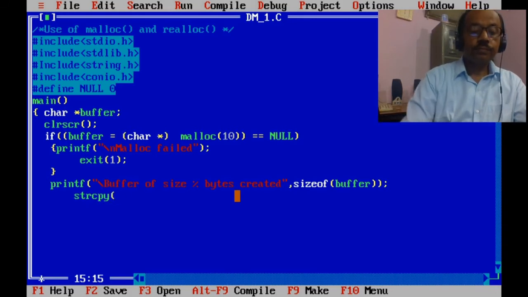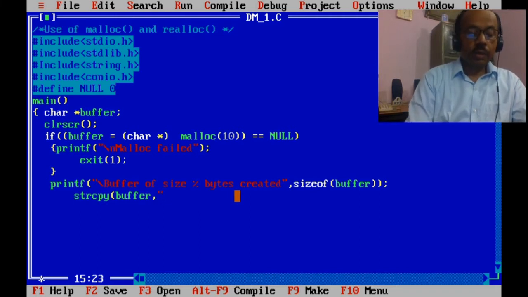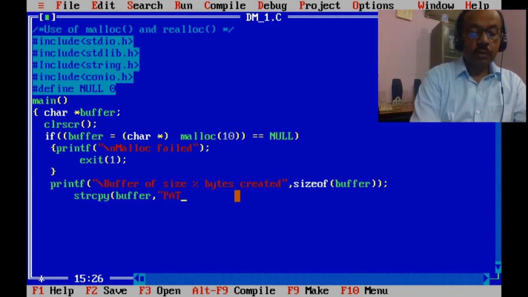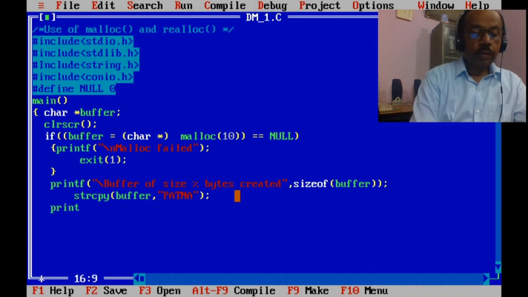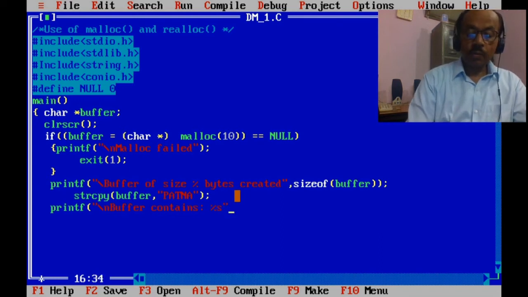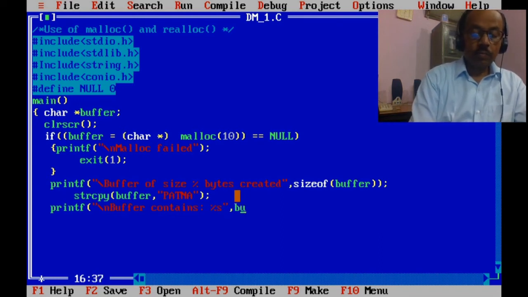strcpy buffer. Let's assign Patna to the buffer. Printf "buffer contains %s", string buffer.